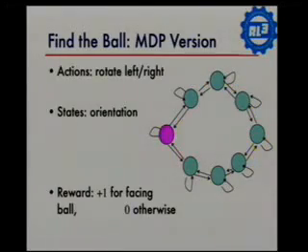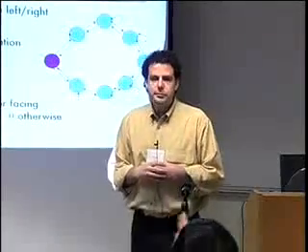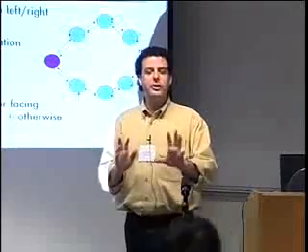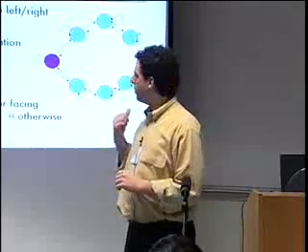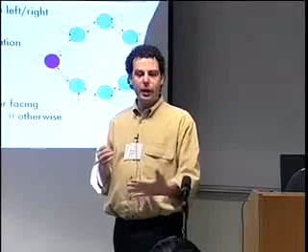The states have to be designed. You have to know what it is. So why don't you use the distance towards the ball as part of the state? Right. So in different experiments we do different things. In this particular experiment, we didn't know the distance to the ball. We just needed something that we could compute directly from the sensors.